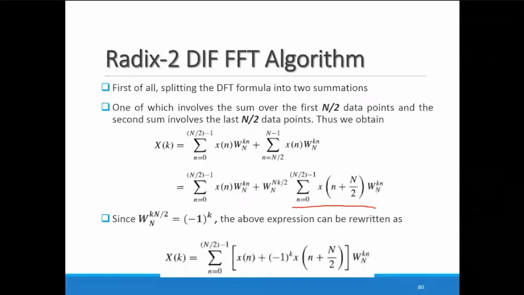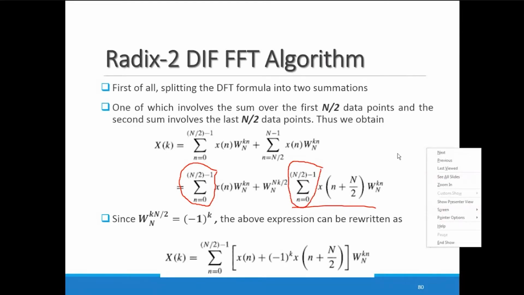Second term we are replacing only, not in the first term. We are replacing in the second term only. Yes, sir. In the first term our range is sigma n equal to 0 to N by 2 minus 1. So to bring this equation into the similar range, we are replacing that. After simplification, both the summations are now in the same range: n equal to 0 to N by 2 minus 1, here also sigma n equal to 0 to N by 2 minus 1. Okay.